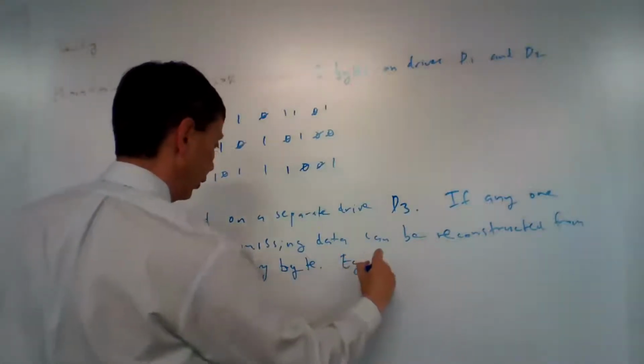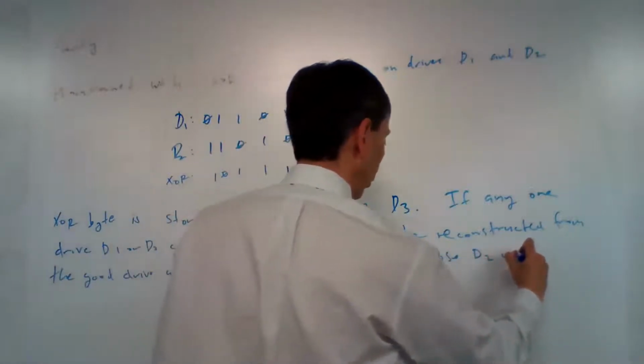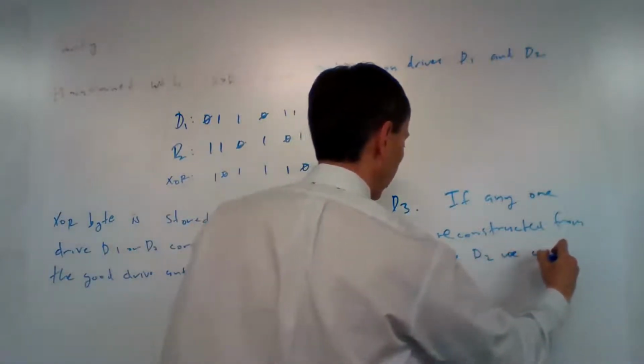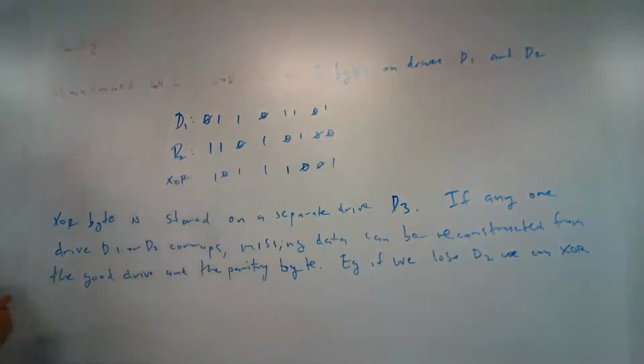So for example, if we lose D2, we can exclusive OR D1 and D3 to recover